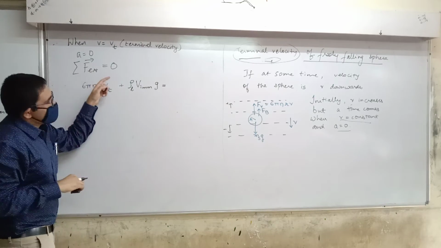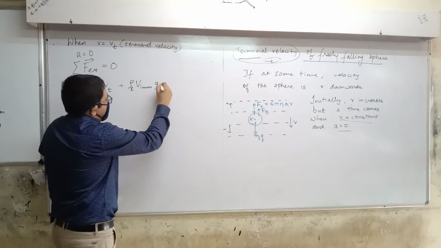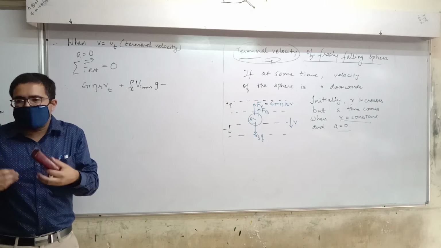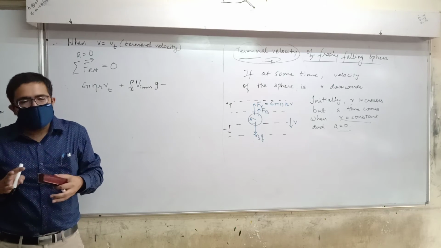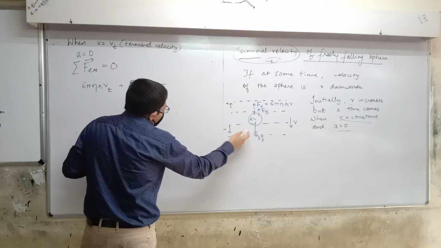Now when total force is 0, you can say these forces are balanced. So you can either write it as minus now msg. Alright, I could directly write msg if I want, but I will not. I will write it in form of mass, I write it in form of density.